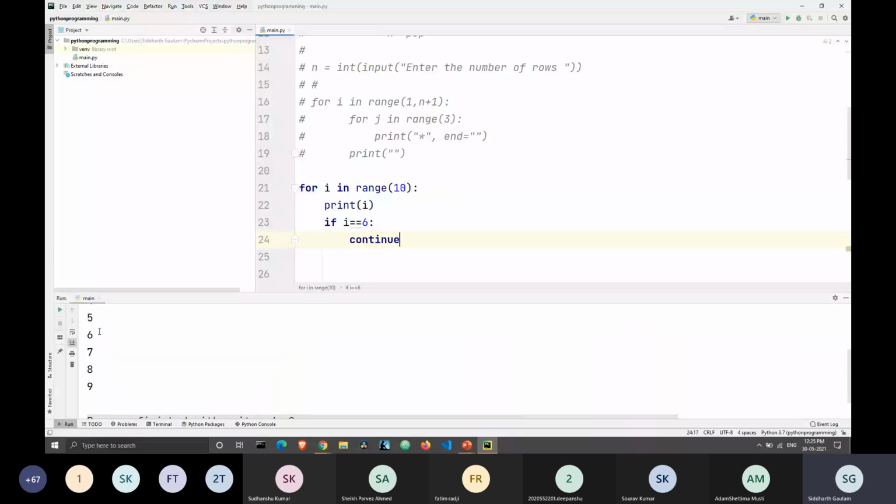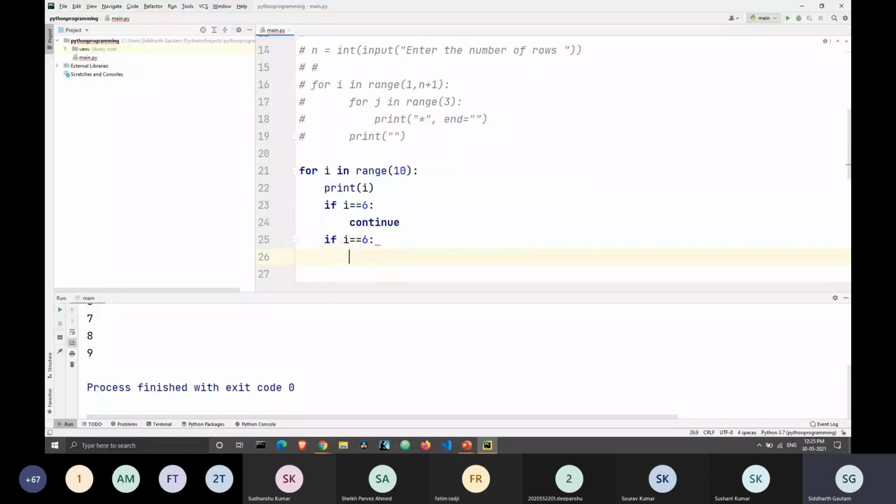So you must be thinking, what's the difference between a pass and a continue statement? Okay, so let's take a look. Let me take this condition again. If i is equal to 6, in that case, let's have it print hello world once again. And instead of continue, I'm going to write pass here, and I will run this.